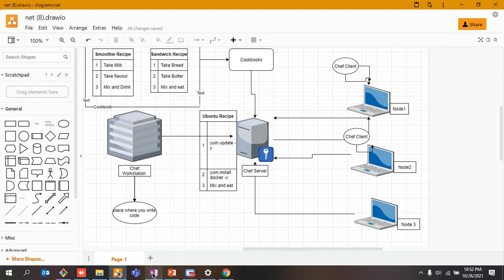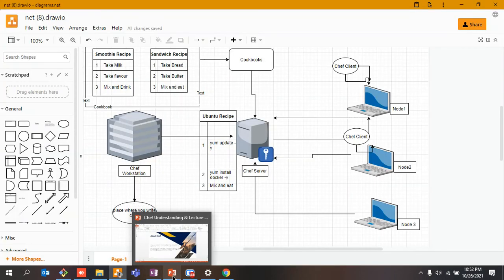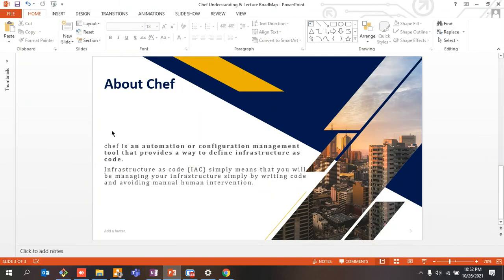So, guys, just a recap of each and everything that we did today. We understood the definition of a tool, what this Chef is all about. What is an automation tool? It helps us to automate your browser, or any kind of stuff like logging in 20 times. And with the help of this automation, we were able to define our infrastructure as code, like I gave the example of the IT guy, or that system administration guy. So once you know what to do, you will be getting that person's salary as well, if you have the knowledge of all this stuff, right?